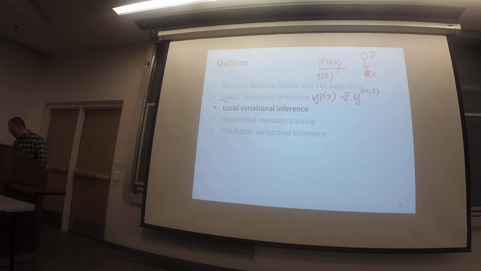Probability of x and z, where phi is the approximate posterior Q of z, and the expectation is under this approximate posterior Q of z, plus the KL divergence between the approximate posterior and the true posterior, right? So as we illustrated before,